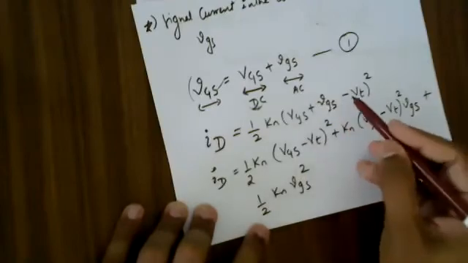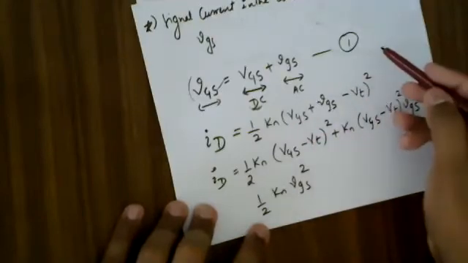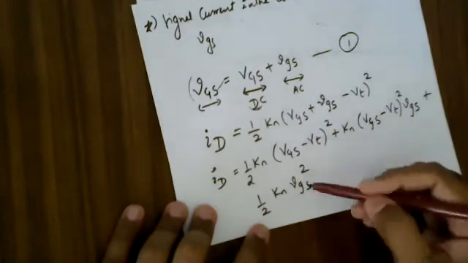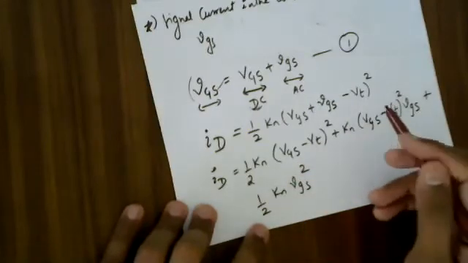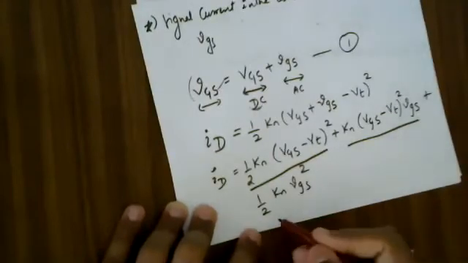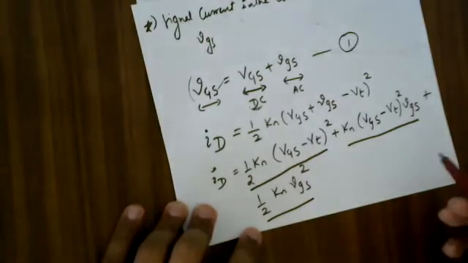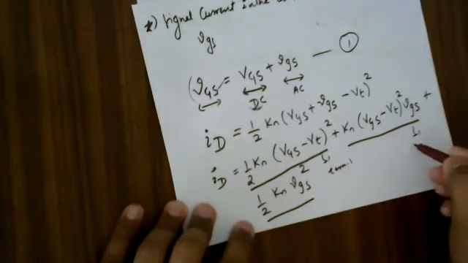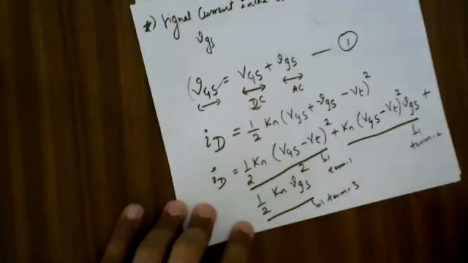So I'll explain how I'm writing this term. It is (A plus B minus C) the whole square, so this particular term I am expanding using the expansion series. This is the resultant equation I'm having. Let me make you understand what each of the three terms is indicating. Let me say this is my term 1, this is my term 2, and this is my term 3. The three lines drawn below the equation: this I'll call term 1, this term 2, and this term 3.